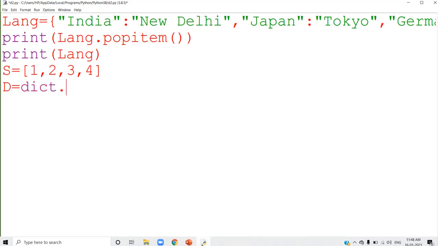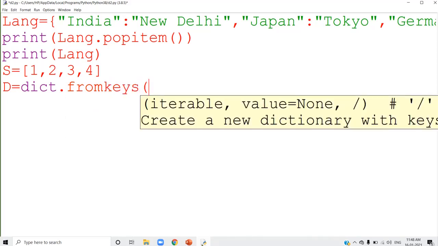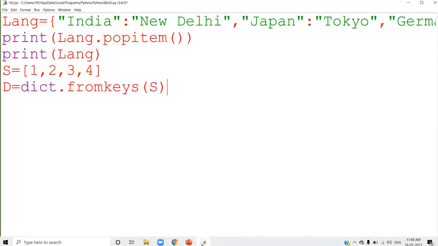Dict is actually a class, and you can call dict dot fromkeys. From S we are going to create a dictionary, using the method fromkeys.